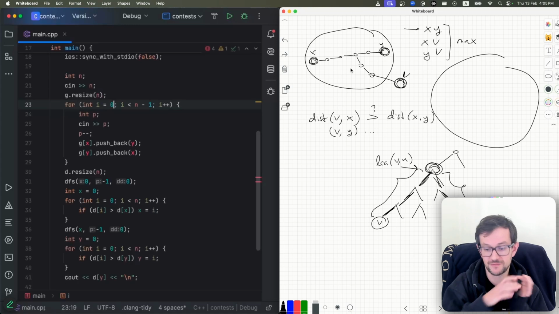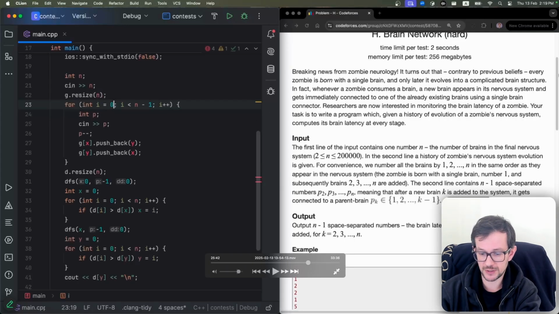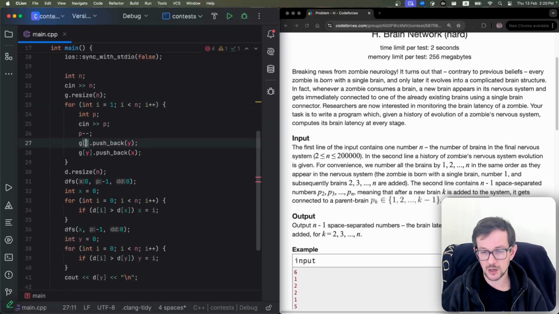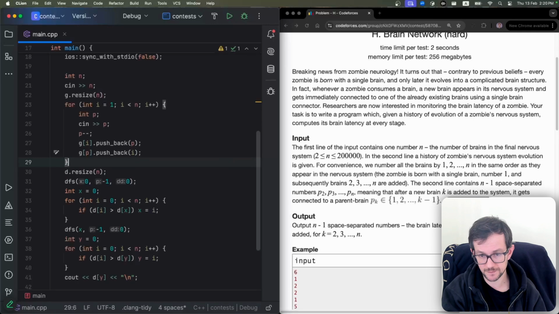Okay, hope it's clear now. Let's go to my implementation. And implementation is actually not that difficult. What I'm doing here: I just read the data and build the graph. Now my DFS will calculate distances